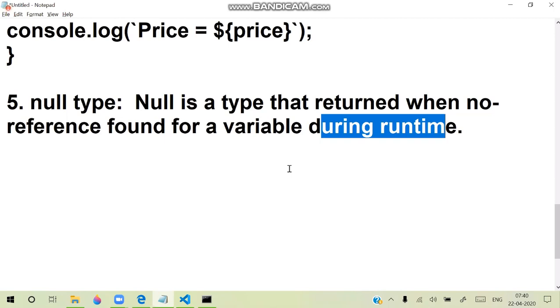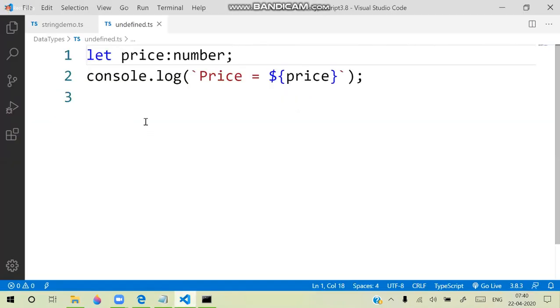Because for this we need to implement an example to understand null. I will show you clearly how it works, because it requires some runtime environment. See, what I am doing here is